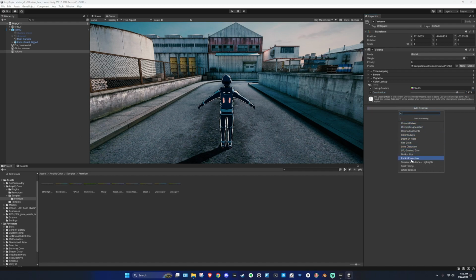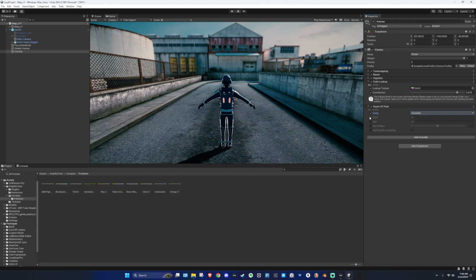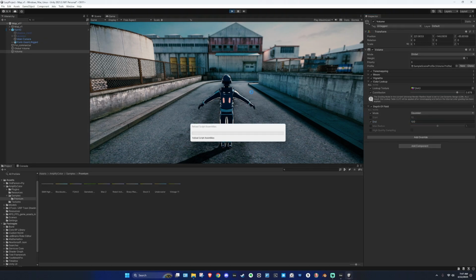You can add any other effects that you like. I usually like having an ambient occlusion, but there isn't any of that. I'd probably have to get something from the asset store. And Amplify actually has one that can be used if you want to use something like that. I'm gonna add depth of field and use Gaussian here. I like where the start is. I'd like the end to be a lot more, so like 100 or something like that. And there we go. Now if we were to jump back in here,